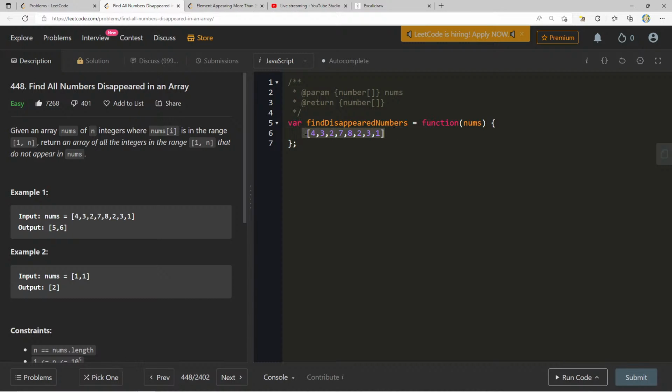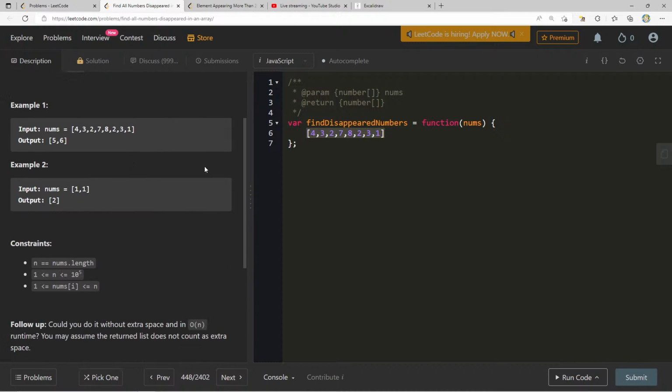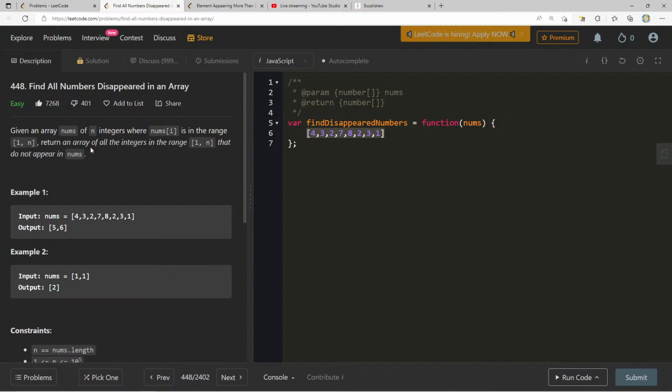We know that the numbers represented in here should be from 1 through n. Now, one thing it doesn't mention is that they're unique numbers. But by in the range, you might assume that every single number has to be represented, right? So if we think of 1 through n, this is 0, 1, 2, 3, 4, 5, 6, 7. It's a length of 7, so we should have all numbers from 1 through 7. N integers, yeah, 1, 2, 3, 4, 5, 6, 7, 8. Okay, because I saw this 8 and I was like, what is that for? So imagine this array was sorted, right? This would be 1, 2, 3, 4, 5, 6, 7, 8.